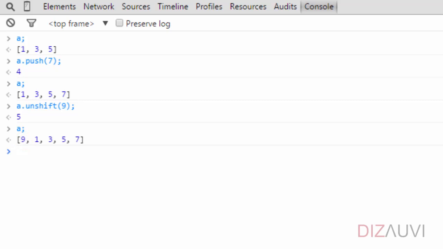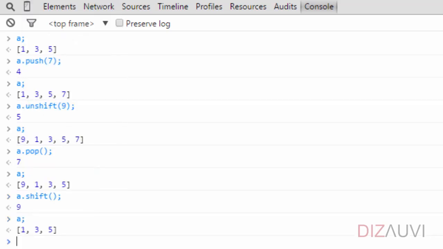After adding items, let's see how to remove and get the first and last elements of an array. We use pop to get the last item of the array. And this item is also removed from the array, decreasing the length of the array. This method removes the last item and returns it. The push and pop methods are quite similar to the push and pop methods of a stack data structure. So in JavaScript, you can just use an array as a stack without having to do any other additional thing. Just like the pop method, we have the shift method, which removes and returns the item from the start of the array.